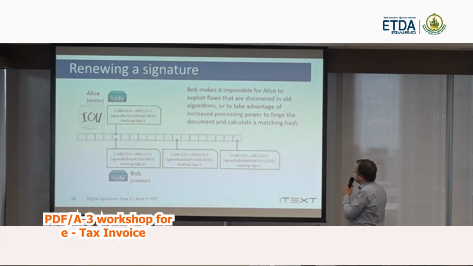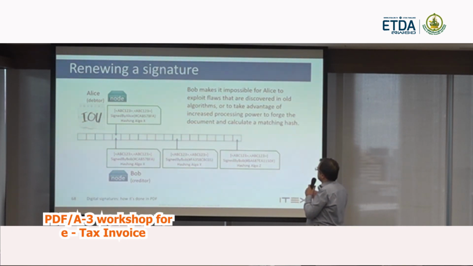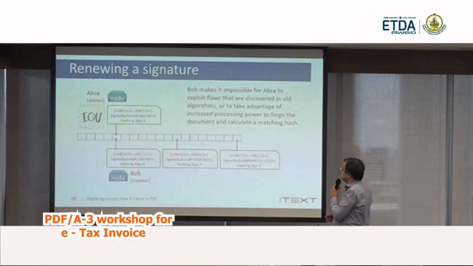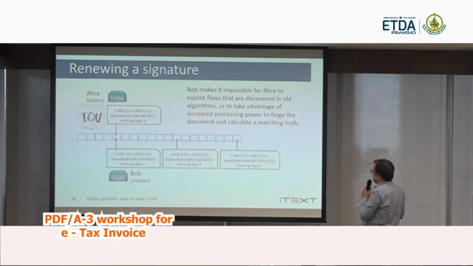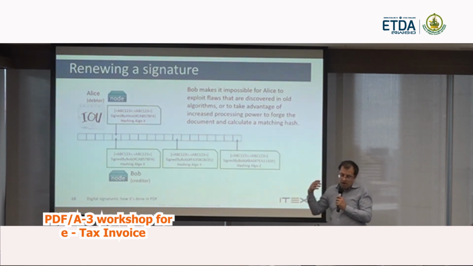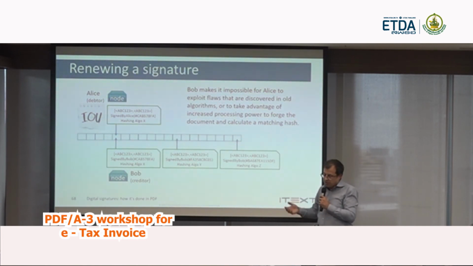So Bob makes it impossible for Alice to exploit flaws that are discovered in old algorithms or to take advantage of increased processing power to forge a document and calculate a matching hash. What is a use case that one of our customers had is